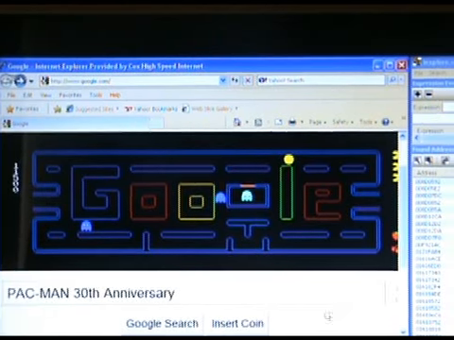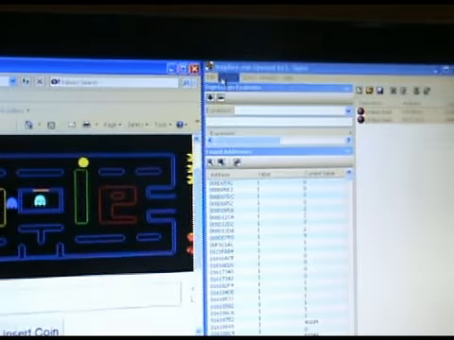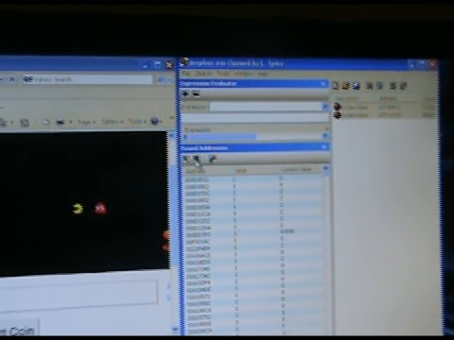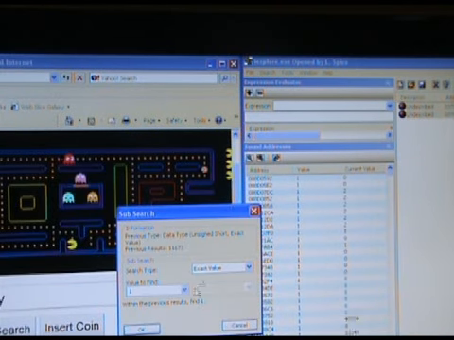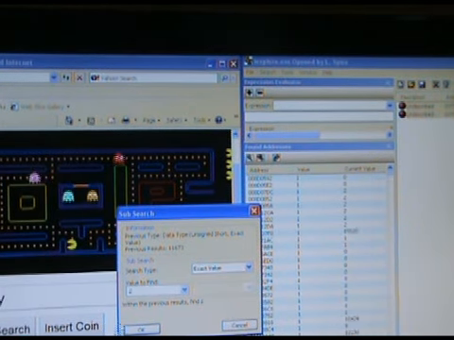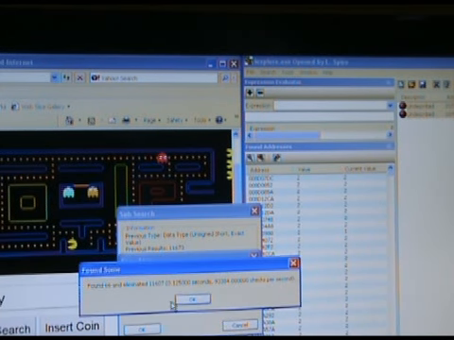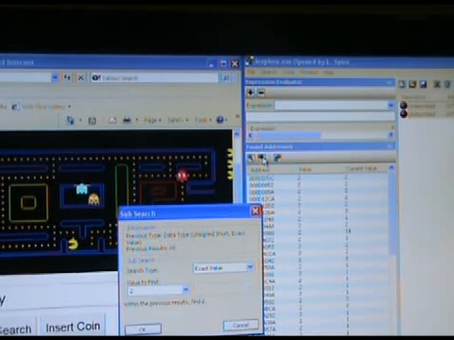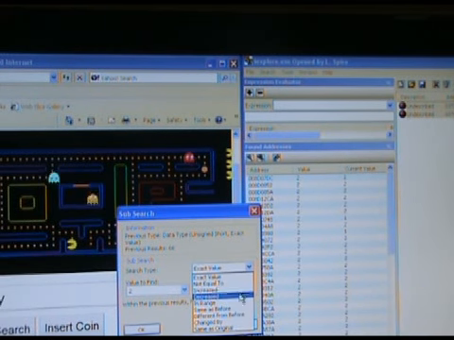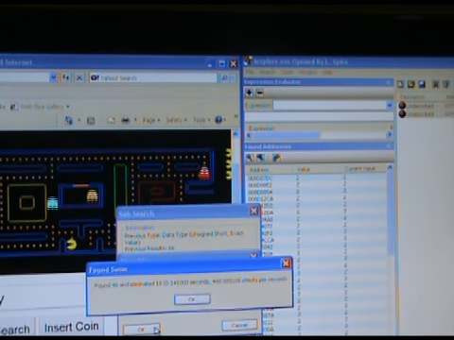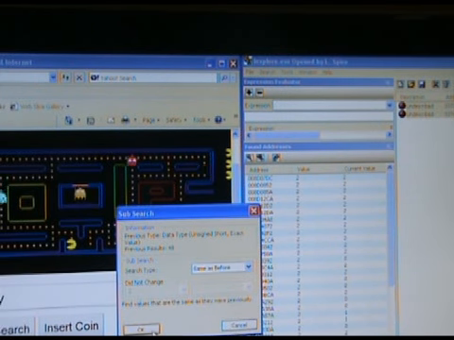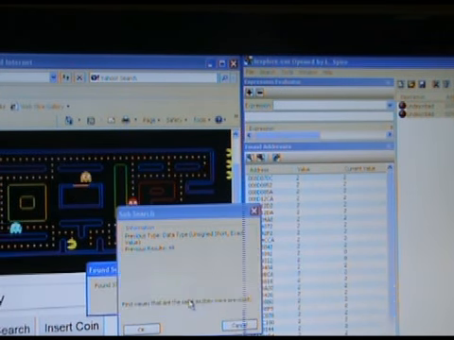I then ran the game and beat various levels and looked at how the memory values changed. I also looked at how the score changed when I ate points, and through deduction and the memory hacking software I was able to find the important memory addresses that would change when I ate a point or when I beat a level. And so I ended up with a lot more values for the level number than I had hoped for,